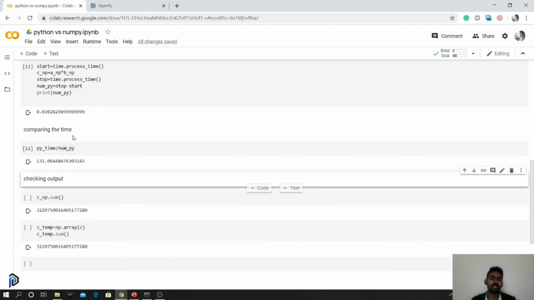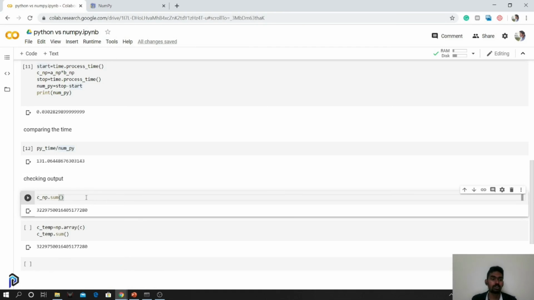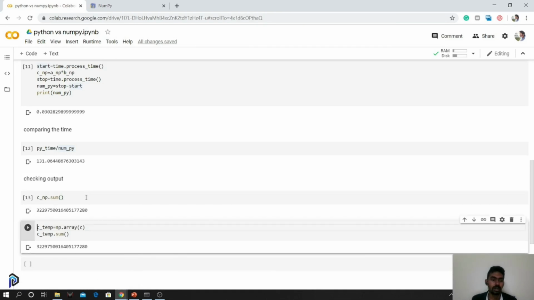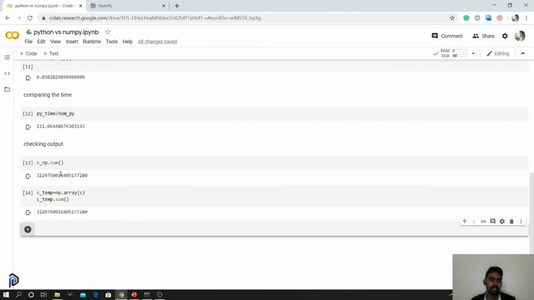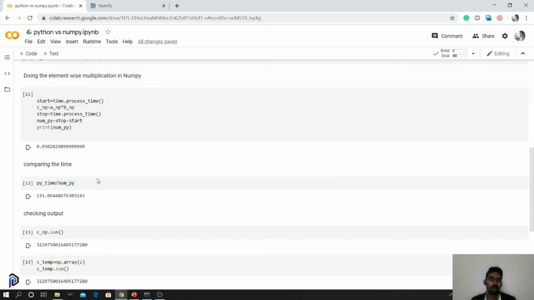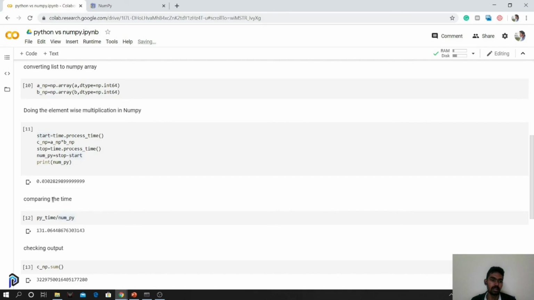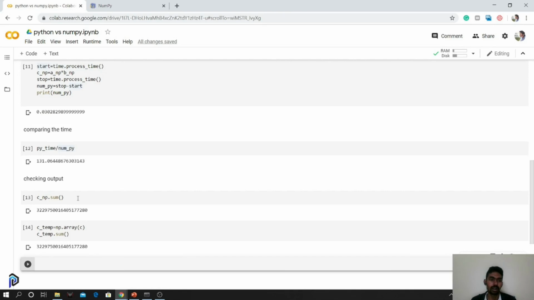Okay. So this shows the speed improvement in our case. To make sure that the outputs are similar, we'll just sum the output. As you can see, the outputs are similar. So we are able to get the same result at almost 130x faster rate. So this shows the power of NumPy. And that's the reason why we are going to be exploring NumPy in detail, with the various functionalities it provides which can be used in machine learning.